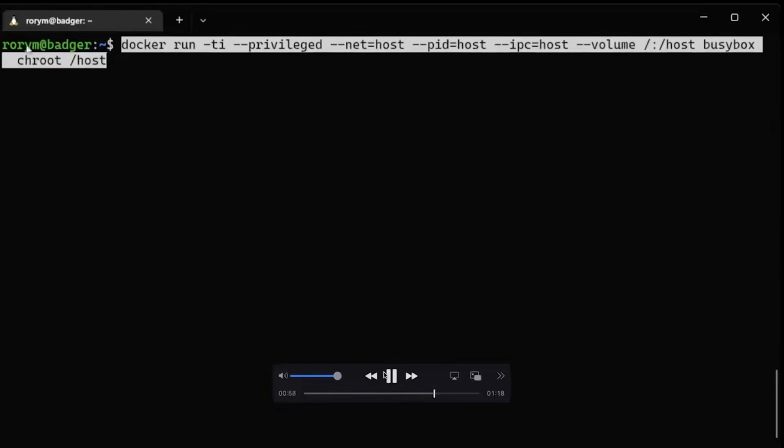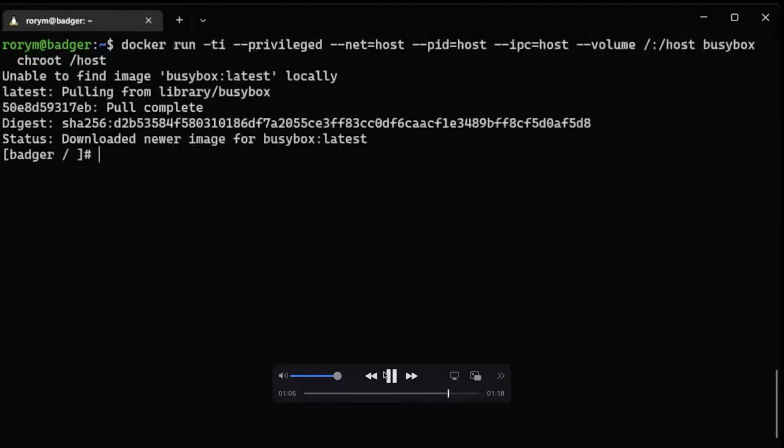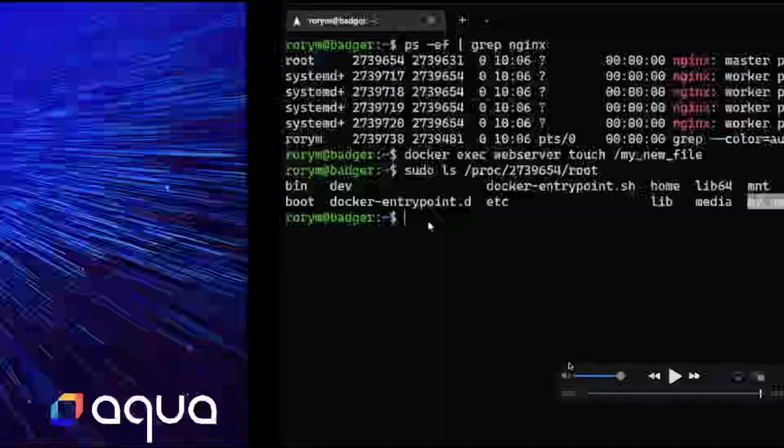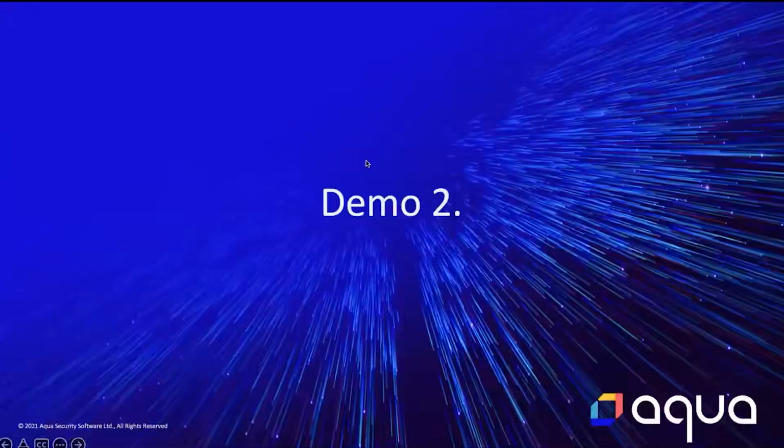And you can see before we run this command, we are the RORIM user on this machine. And then when we hit enter, it'll say, I can't find this image. It'll go and get it. Once it's downloaded it, we can then see we've changed user, and we are now the root user. So it's just showing that any user with Docker run access can get to be root on a machine very easily. And this is essentially by design. Awesome. Well, not awesome, but I hope that kind of illustrates it.